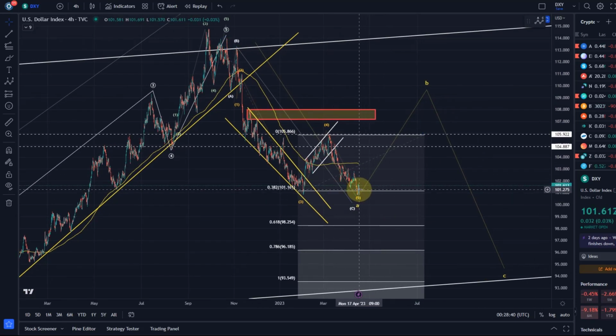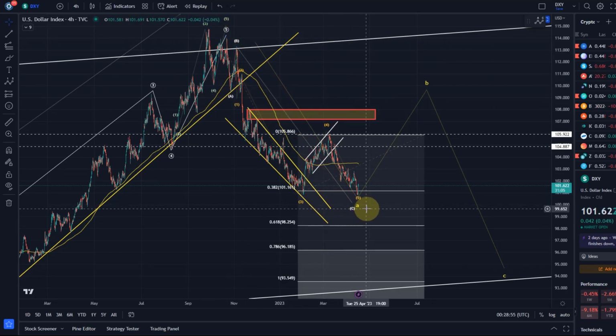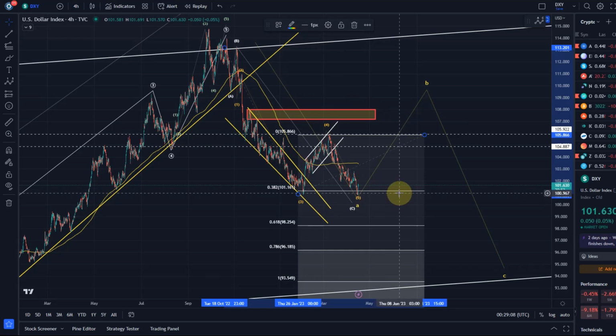So here we can turn around, we need to be watching this. If we drop below that, next support would be 98.25. That's a very important support also for a 5th wave. Because the A, B, C structure has an extension, and in this 5th wave we can either turn around at the 38.2 extension or the 61.8 extension. So these are sort of the 2 main scenarios.